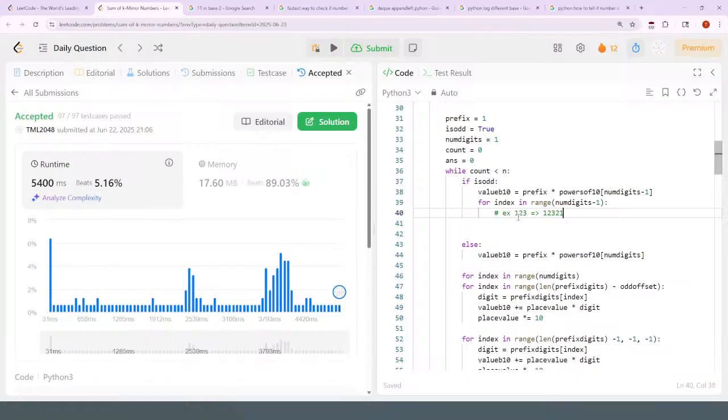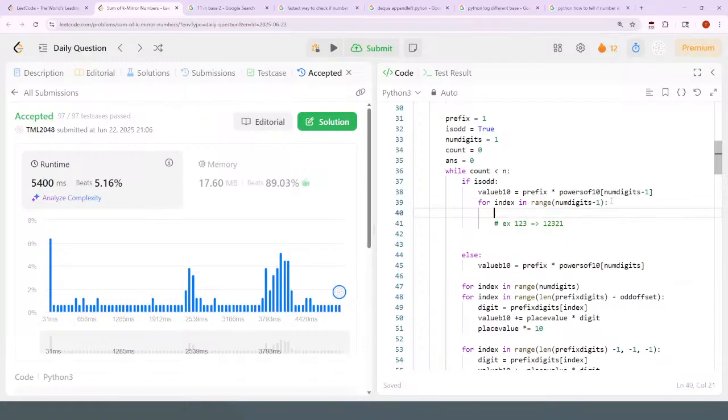So if it's 3, then it's going to go through 1, 2, 3. If it's 2, then it goes to 1, 2. So num digits minus 1 is fine. And for each digit here, I want to find the digit and then multiply that digit with the appropriate place value in powers of 10. Okay, so I think digit would be